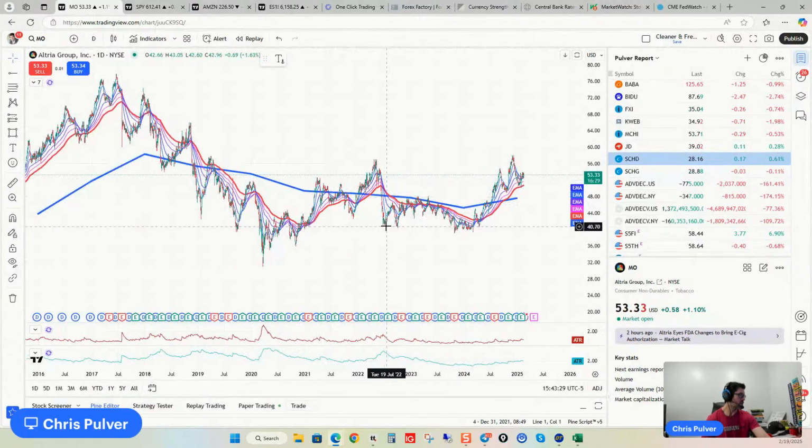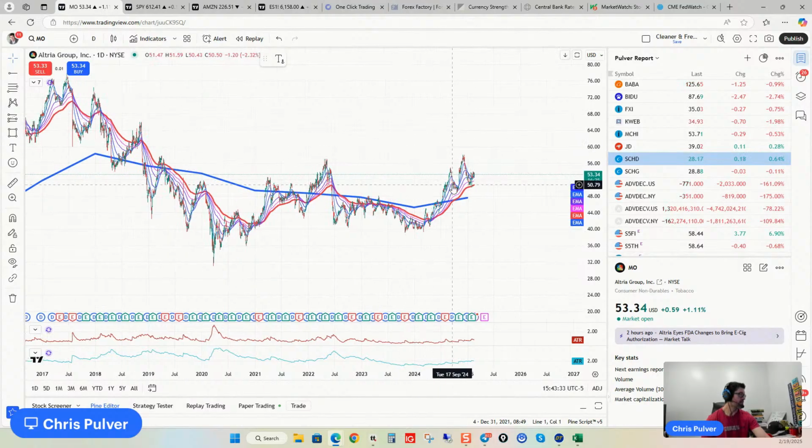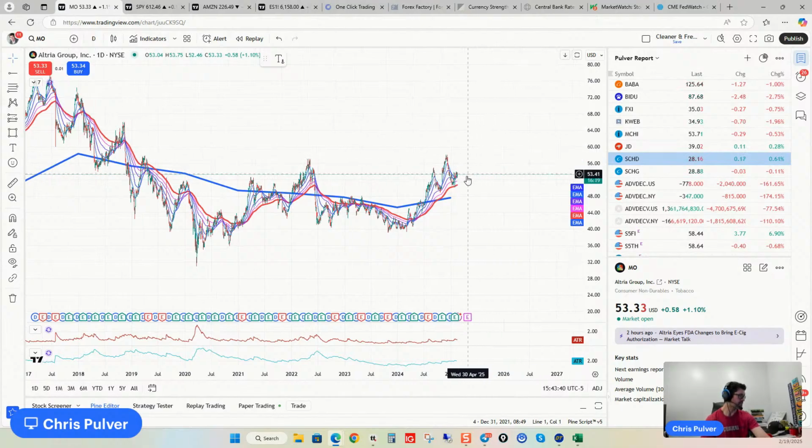We had a lot of support down here around $40. I was willing to ride this thing lower into the 30s if needed. But the fact that we've come up here towards this $50+ handle, as high as $58, I might end up letting a lot of those positions go, reestablishing new positions and holding again for dividends, and probably doing a 5 to 10% allocation just on the dividends, but also putting on a collar trade,